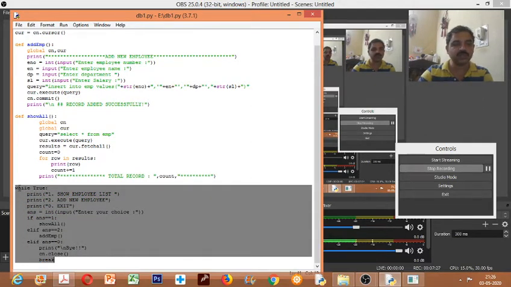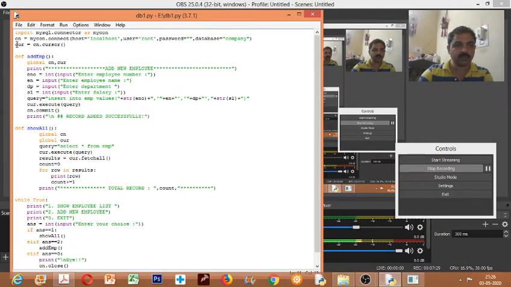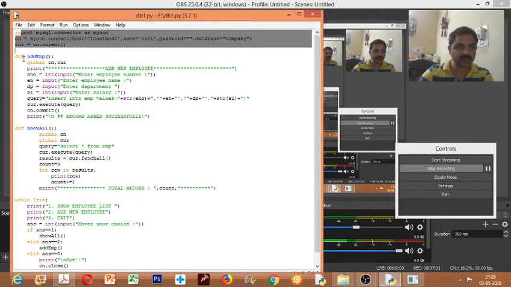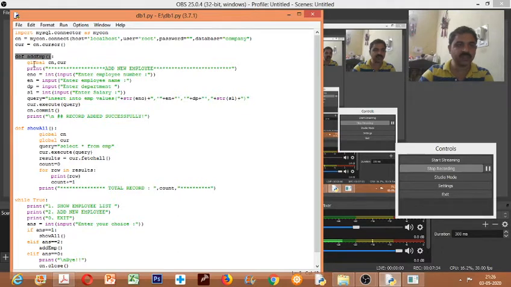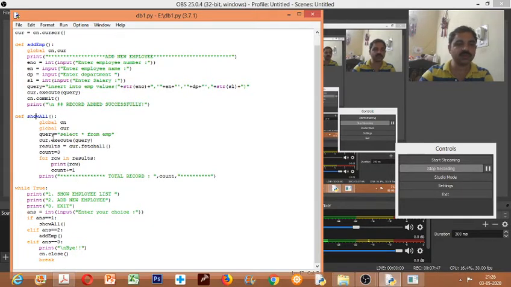So as soon as you run the program, the program control comes here. After establishing the connection, it goes to def. So nothing is executed here because the function needs a call, so it is not called here. Then again control will come to this, and again this part will not be executed since there is no call for this. Then it comes here, that is the main portion of the program. So this is written outside the function, so this will be executed.